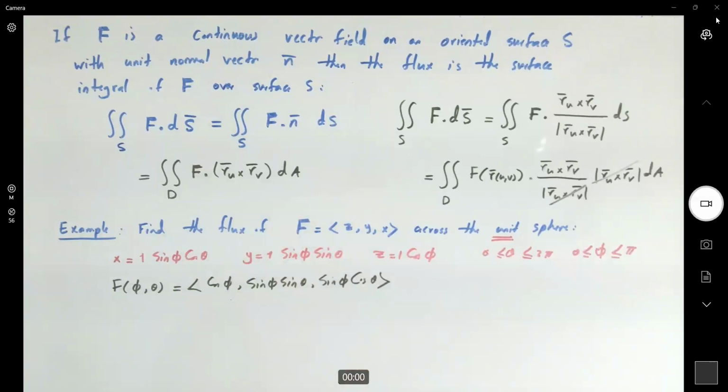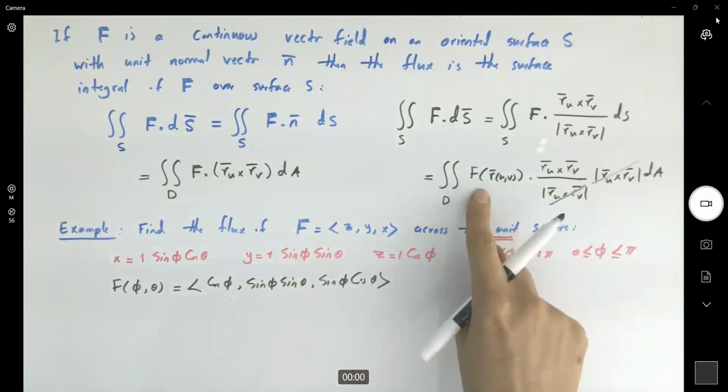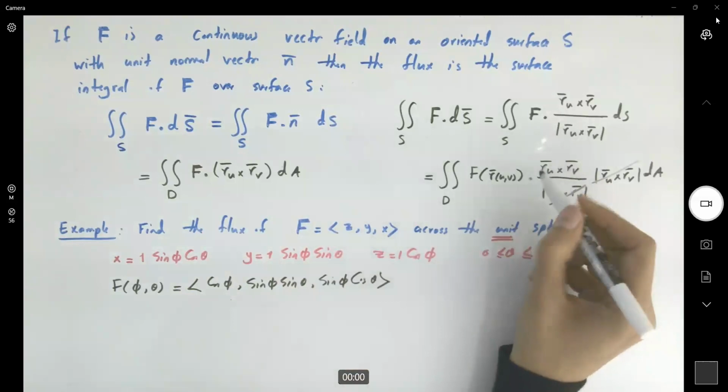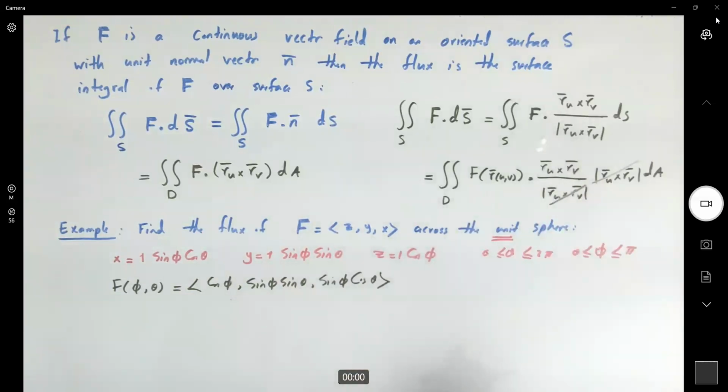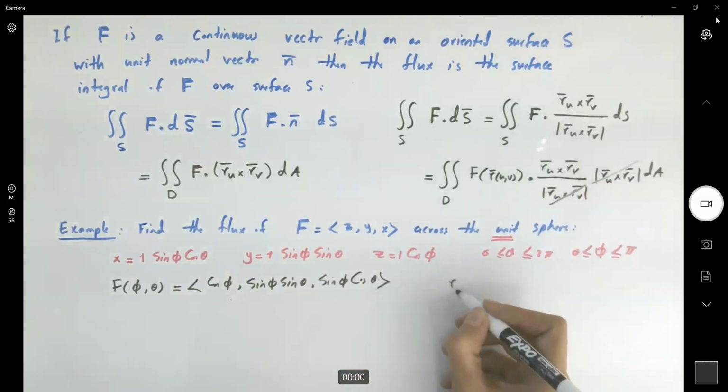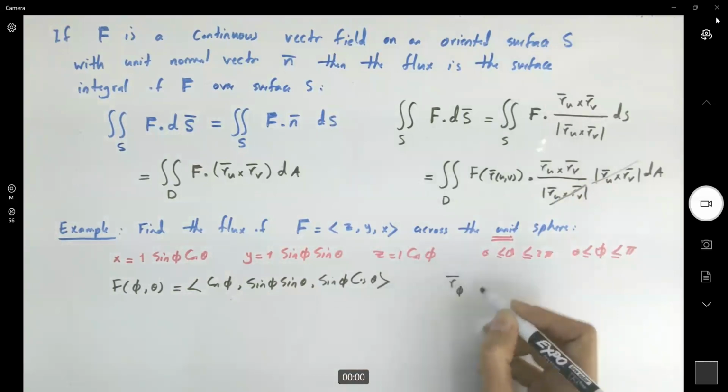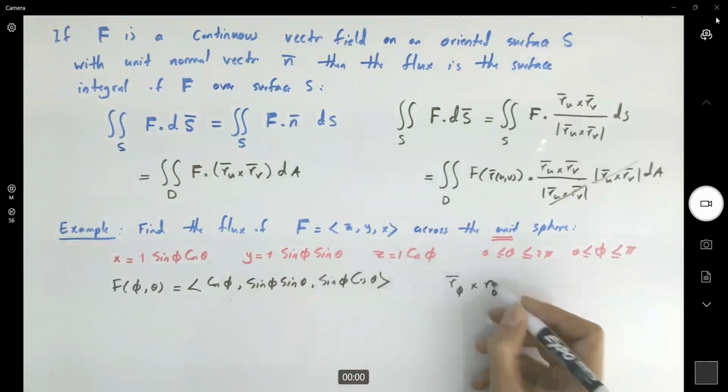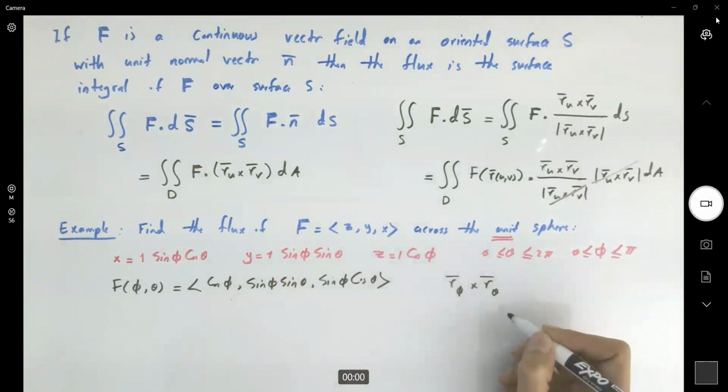So this is this part, and then dot the cross product between R phi cross R theta. We saw this from previous calculation